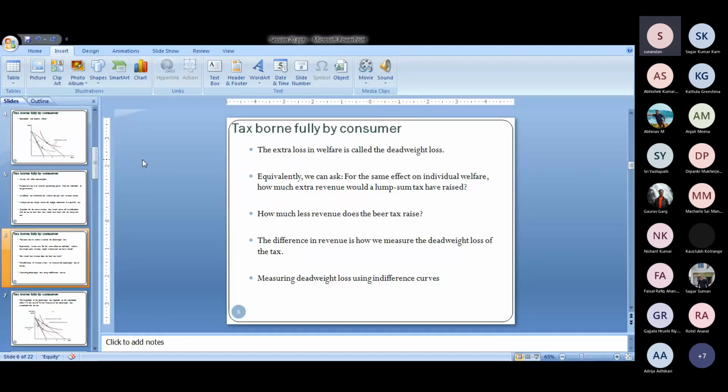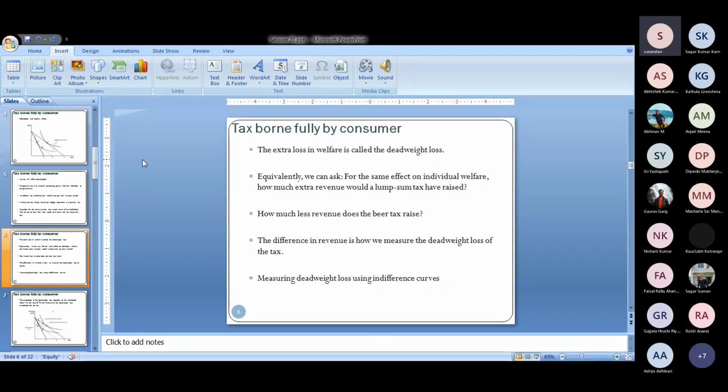So we can also revert the question, look at the flip side. Now we talked about, for the same level of tax revenue, what will be the level of welfare in lump sum tax vis-a-vis a commodity tax. The flip side, we can always ask, if we want to keep the welfare level or utility level of an individual fixed at a certain point, then how much extra revenue could a lump sum tax have raised instead of this commodity tax? Right? So let's try to measure the simple deadweight loss